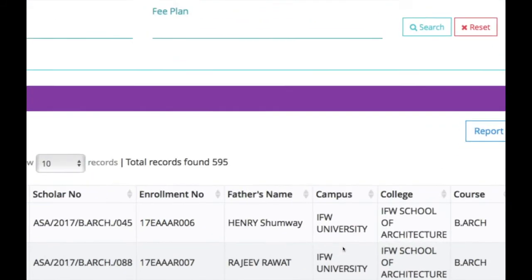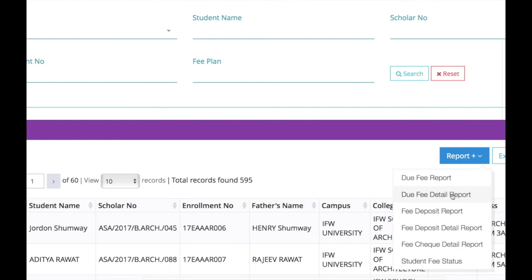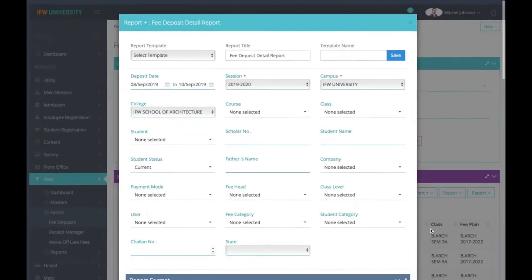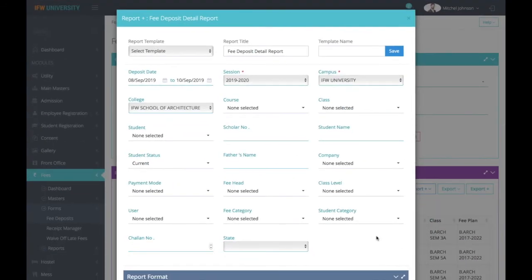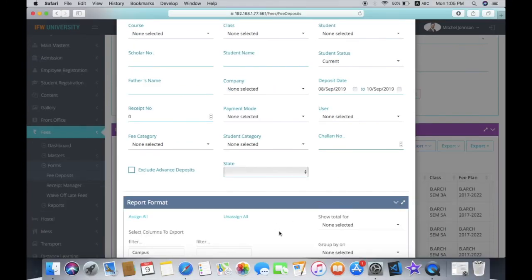Now there is a feature Report Plus. This gives you certain reports like due reports and due reports in detail, deposit reports and deposit details, fee status reports, etc. Let's have a look at the fee deposit report and how it works. The function is similar to Export Plus. You can choose your desired fields